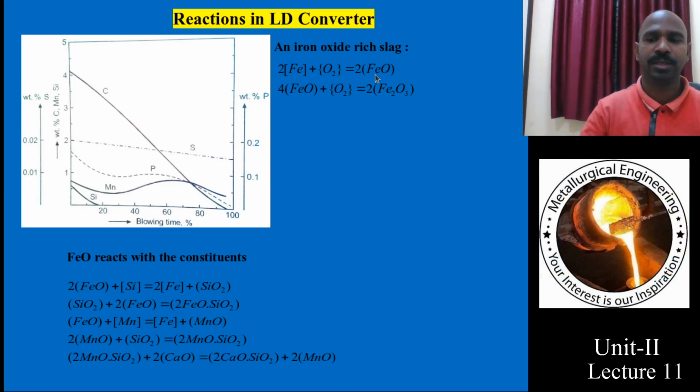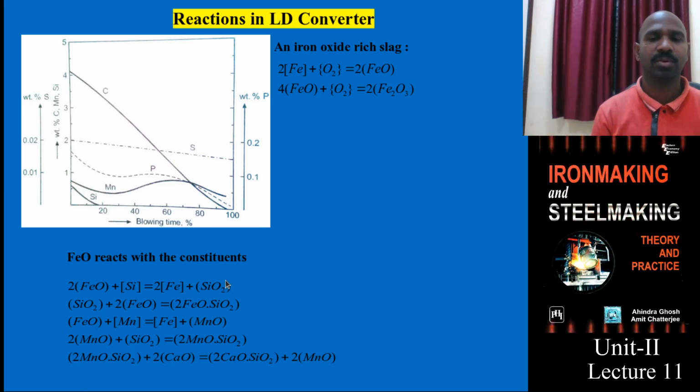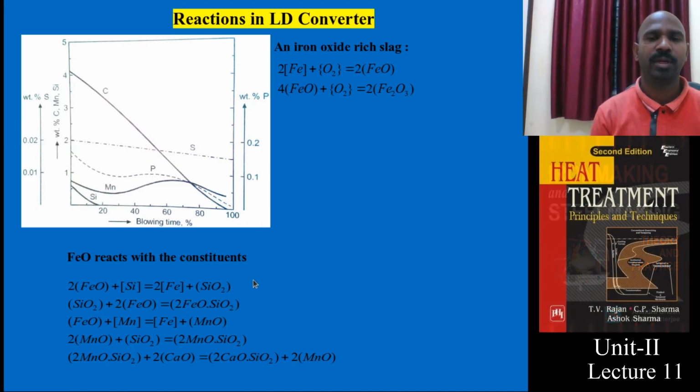This FeO, whatever is formed there, will also react with silicon in the molten pig iron. The molten iron goes into the steel, and SiO2 goes out as liquid slag, which can be removed. Further, FeO and SiO2 will react, and there are chances this compound will go out as slag.